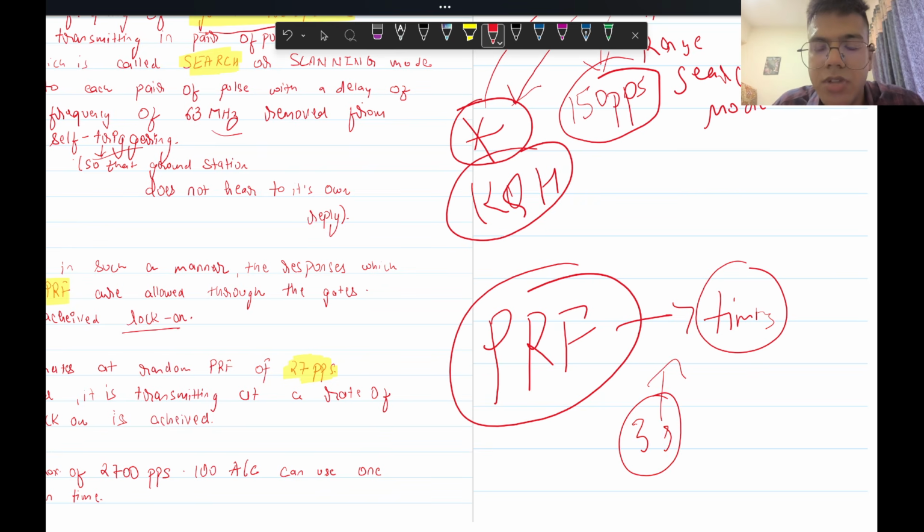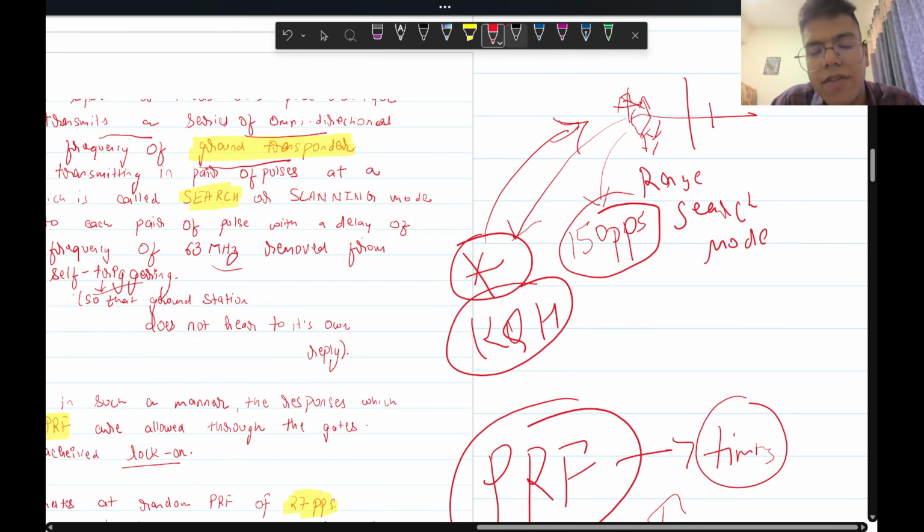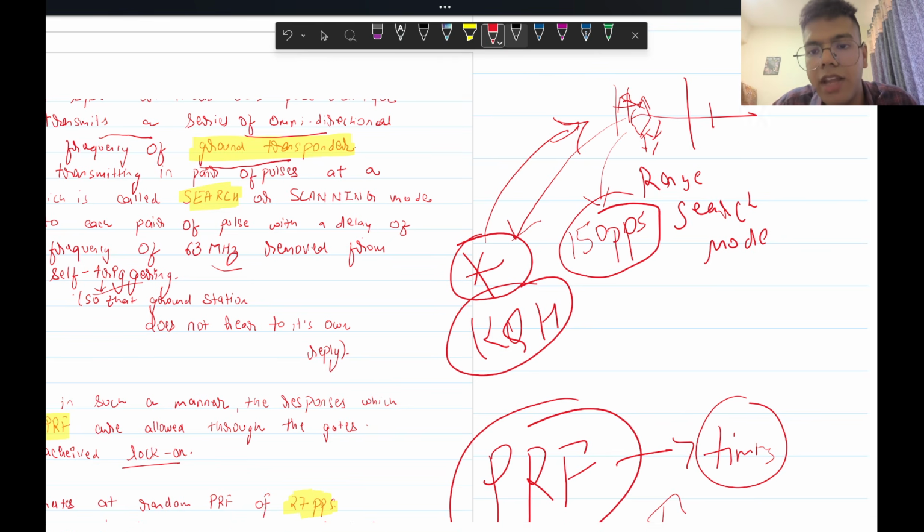The aircraft's receiver is so smart that for the frequency I have tuned it knows the difference. The aircraft radar knows the PRF of that. So in the range search mode, if the timing matches, if the PRF matches that of the station, in that case